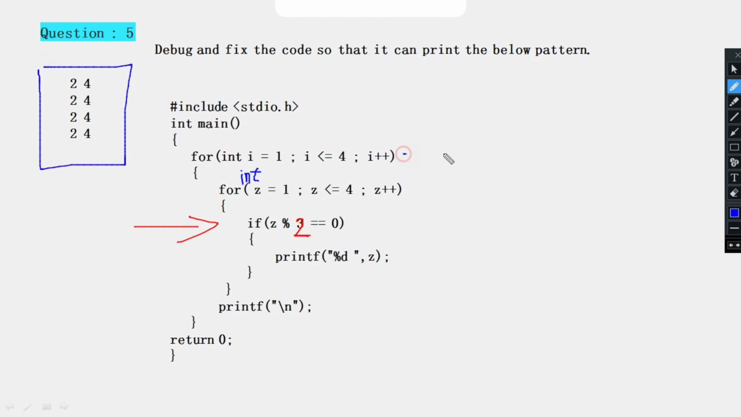Let's trace from the first loop. Let's assume at the first iteration the value of I is 1. Let's come to the inner loop. At the first iteration the value of z will be 1. So 1 mod 2 double equal to 0, the condition will be false. Then control will go up and the value of z will be incremented by 1, so it will become 2. Then 2 mod 2 double equal to 0, the condition is true, so it will print the value of z,